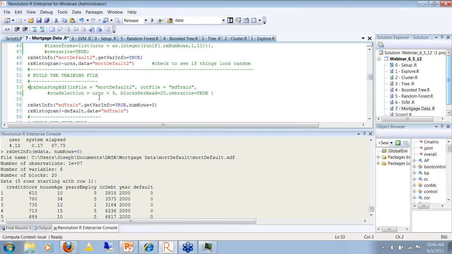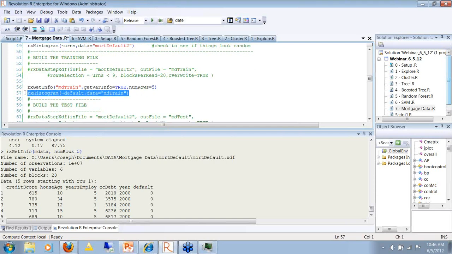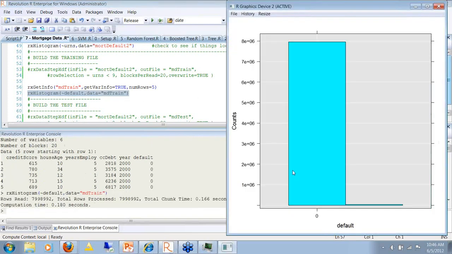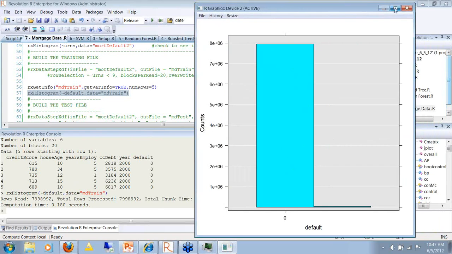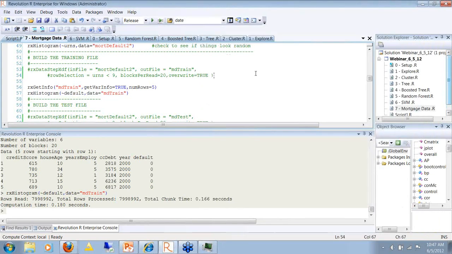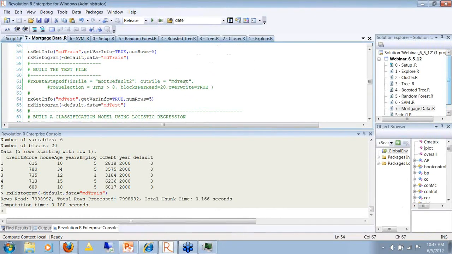And here I'm saying, okay, if things are less than 9, I'm going to put it in the training file. I'll just run this histogram to show you what the outcome, the default variable, looked like in the training set, and you can see it's a very unbalanced kind of thing like we had before, and these are problematic, but we're not going to have any problem with it here.